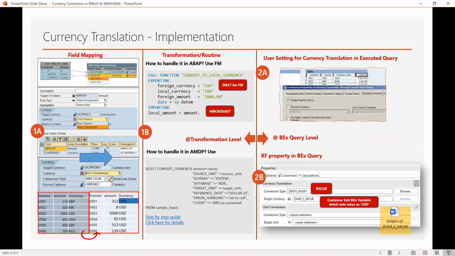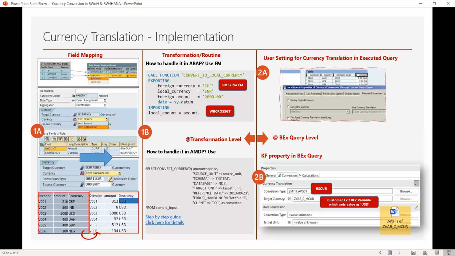If you go to a key figure's properties, you will see there is a conversion tab. Within that tab, you can mention what the conversion type should be. There is a browse button; from there, you can select the conversion type that you have already created using the T-code RSCUR.